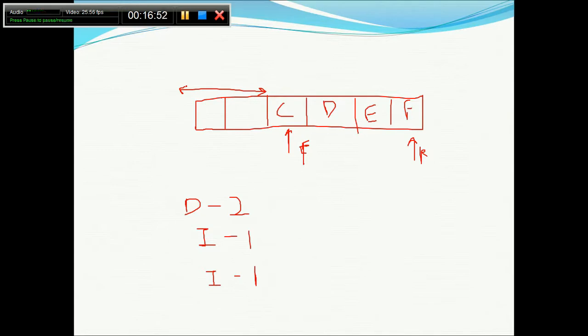We have the space, yet the algorithm we have studied is denying me the insertion. Now suppose that, before saying the queue is full, I am given the privilege to check back in a circular fashion whether I have some space at the beginning or not. If I have space, I should be allowed to insert. Suppose there is an empty slot here, so G could be inserted here very easily, and then it would be the rear.